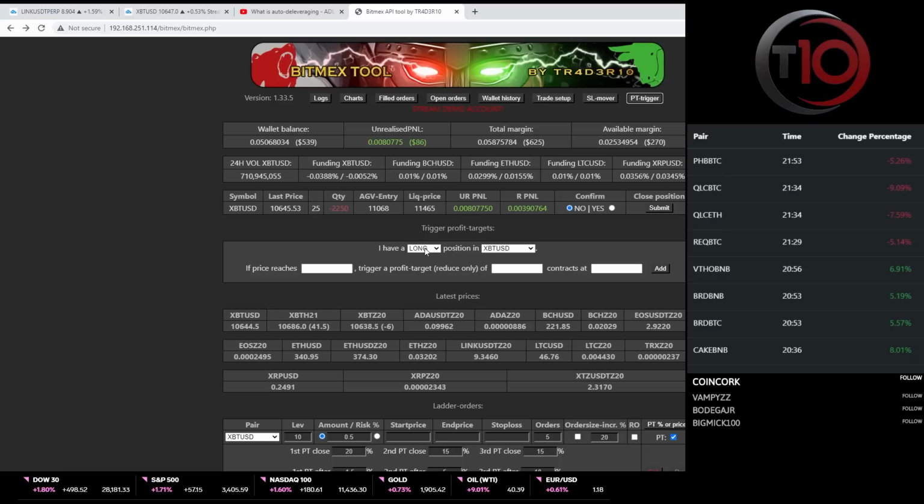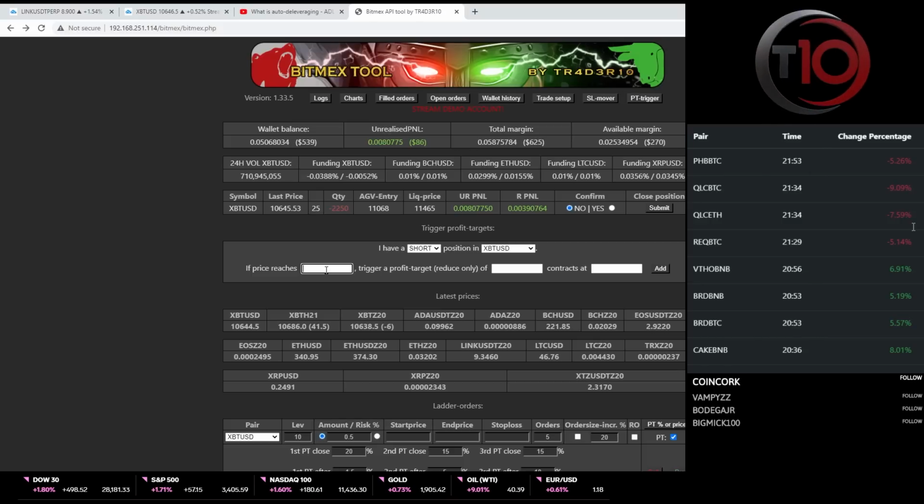So let's say I have, for example, a short on XPT USD. This is actually better for a position that is not filled yet. So this was, yeah, okay. But anyways, if price reaches a certain